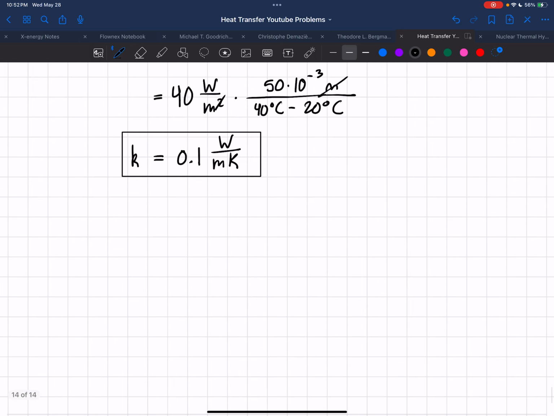And the last thing I'll write is our comments, and explicitly, I'll just write that for a temperature difference,